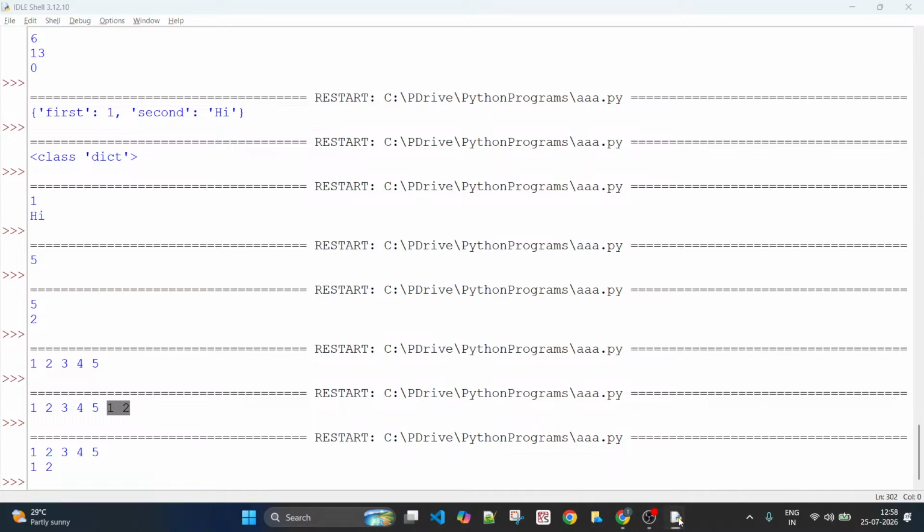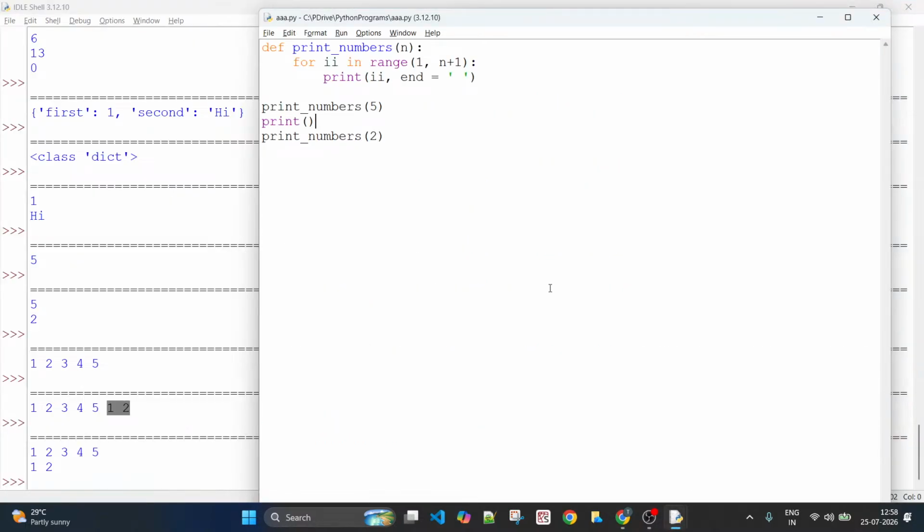Well, but the thing is, I'll just write some code. I get rid of this range function completely, and still I can achieve this. How? Let us see.